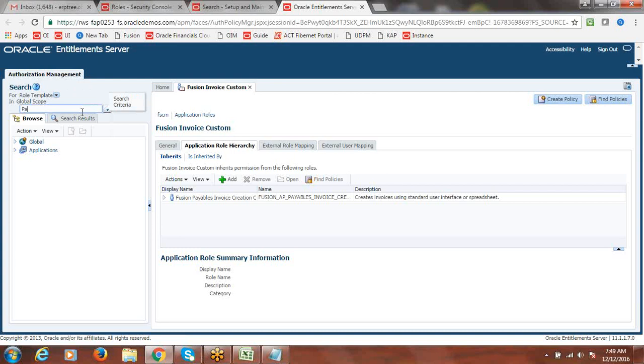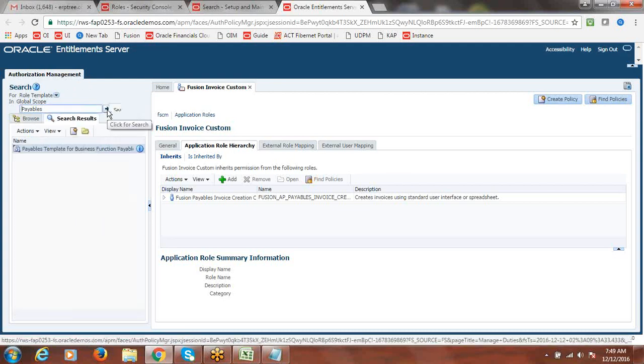So here say payables. Select, search for role template. You have to go to template, then click on search. Select it or double click. If you double click, directly it will open. If you select, you have to click on open folder.